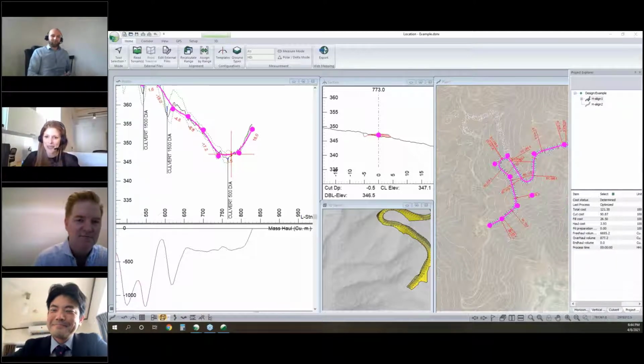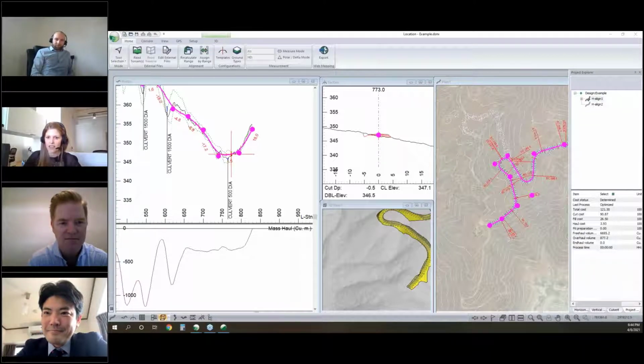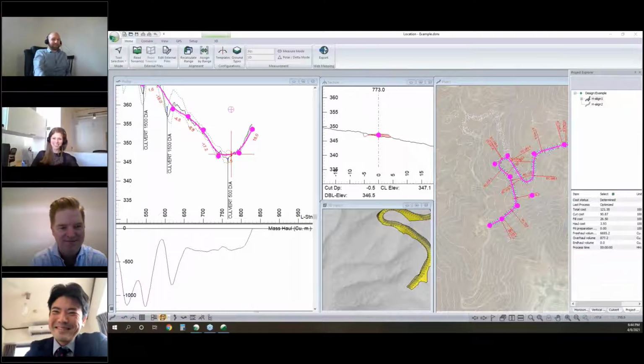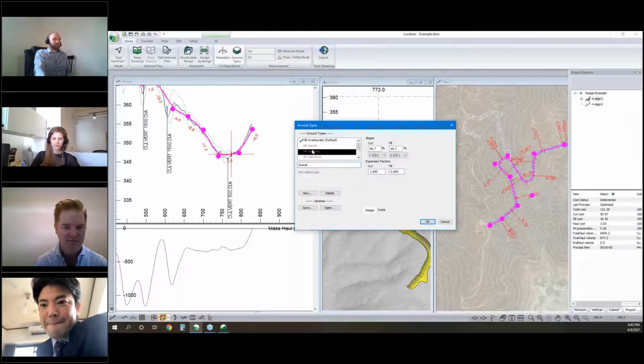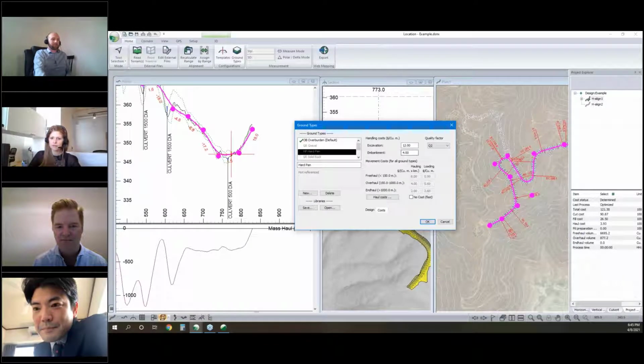Awesome. Next question: where do the costs come from, and can I update them with my own? Yeah, that one's me. Again, this is another thing that I used the default values for. In this, I've used one ground type for the entire length of our road. We can break it up using different ground types along the length of the road by chainage, use different horizons for those materials, and define them in here. In our ground types table, we can define different geotechnical parameters, and for each ground type we can also define